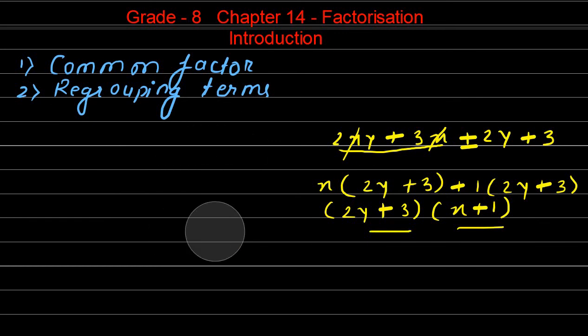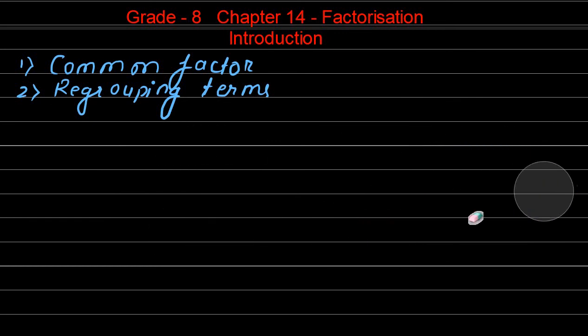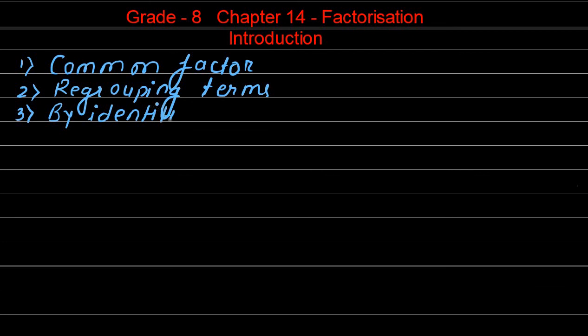Let's move towards the third method of factorization. The third method of factorization is using identities. Now you must have learned what identities are. So the third method is by identities. Right, now which are the identities? For example, we have the identities